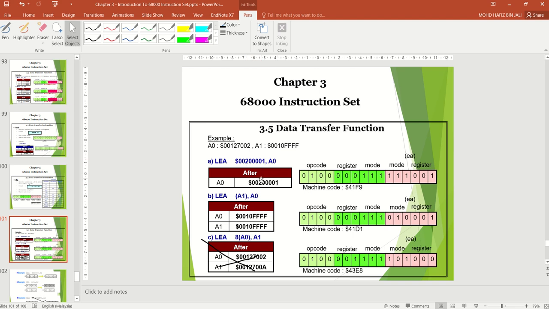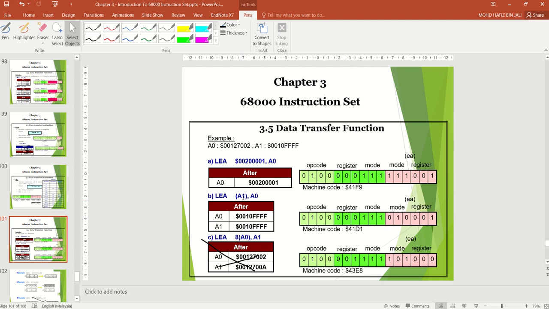What happens after the execution of this LIA instruction is quite direct. Previously A1 is FF, so FF will be loaded into the value of A0.